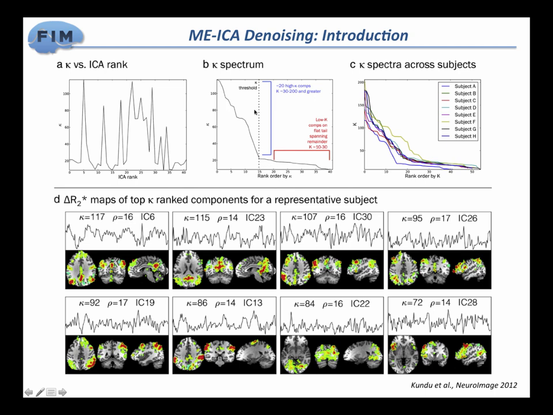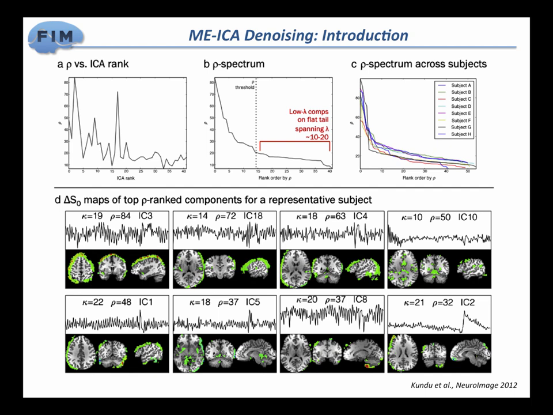And it seems that most of the components that are below the elbow are very good, ball-like components, our typical default mode network, and many of the other resting state networks that we're used to seeing, while the components on the other side of the spectrum, and here is some for the,